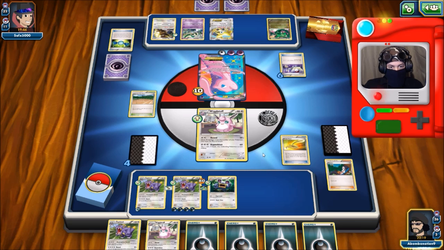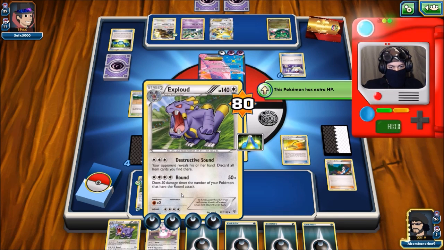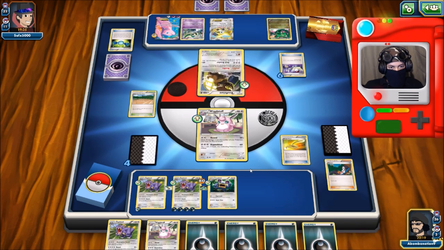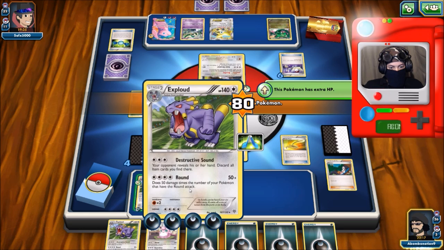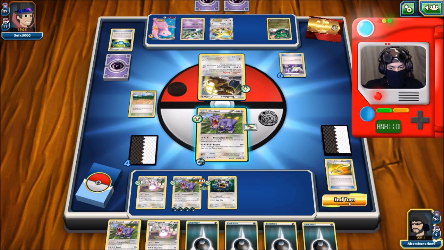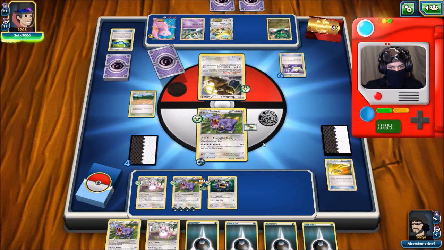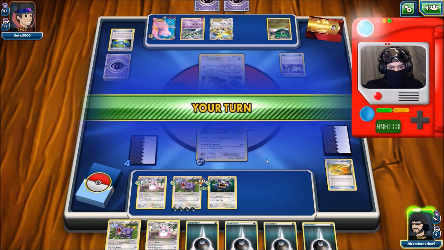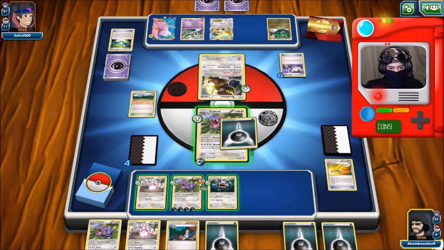So now he has to sacrifice someone to Exploder here. The Exploder will die from Mew, which we might not want. And actually, I'm gonna put this Exploder out and end my turn, I think. I just want to buy time to beef this Exploder up. Okay, so he's getting that Gallade up. But to kill this Exploder, he's gonna have to...